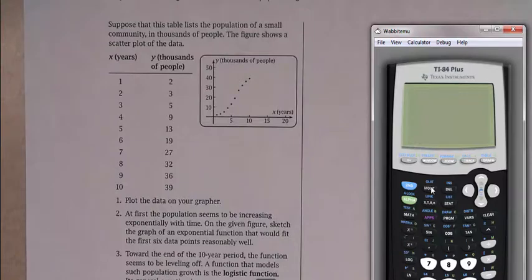Using your graphing calculator, we are going to input this table of data. And then using that table of data, we are going to create this. You may want to take notes on this if this is your first time doing this. What you're going to want to do is go to Stat. Stat allows you to create a list. And we're going to edit,